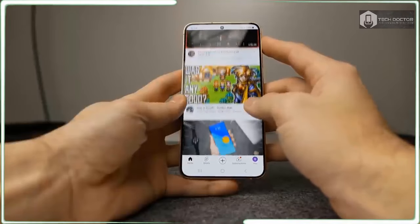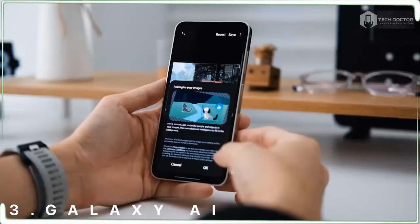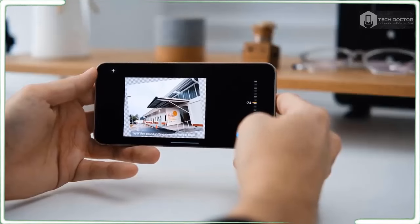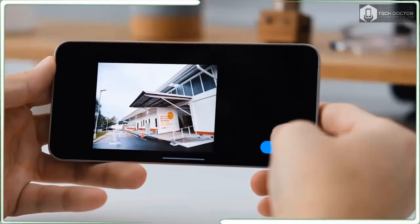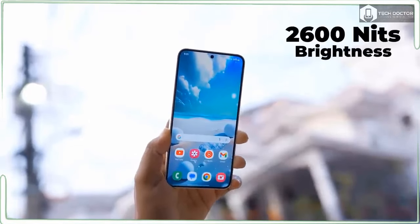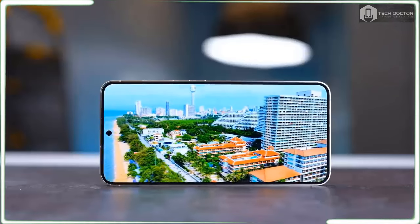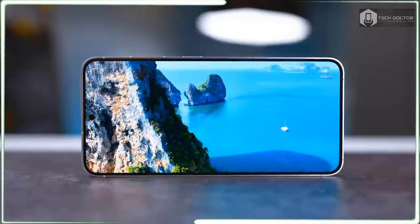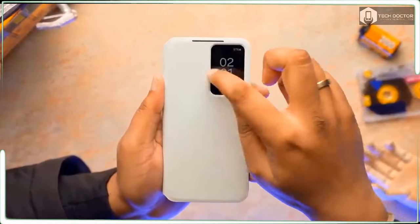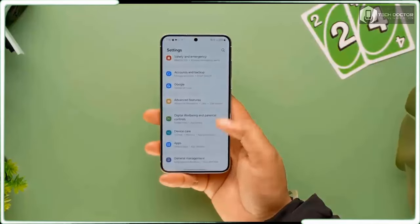My colleague covers the what, how, and why of the Galaxy AI capabilities quite extensively in his Galaxy S24 Ultra review, so I'll not repeat his work here. I do want to share my key impressions of each of the features though, starting with the most intriguing, Live Translate, which promises real-time translations for 13 different languages when you are on a phone call with someone speaking in a different tongue. It's impressive on paper, but a bit awkward in practice, as I found when I placed a